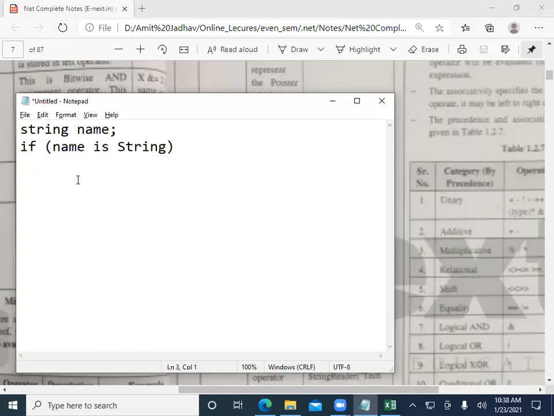Next one is the as operator. It performs typecasting without raising an exception if the typecasting fails. So the as operator is used to typecast.